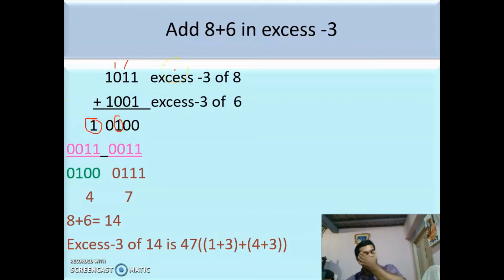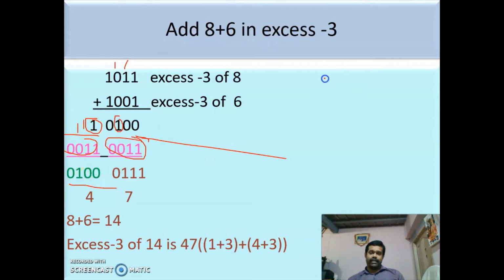So already I have told, we have to add two numbers. If you are getting a carry, then we have to add 3 to the sum. We have to add a 3 here as well as here. So 0 plus 1 is 1, 0 plus 1 is 1, 1 plus 0 is 1, 0 plus 0 is 0. Then 1 plus 1 is 1 0, you will be getting a carry here. Then 1 plus 1 is 1 0, you will be getting a carry here. Then 1, then 0 plus 0 is 0.